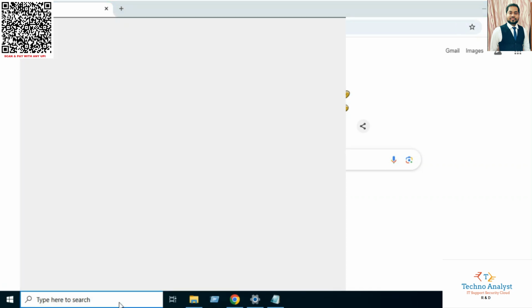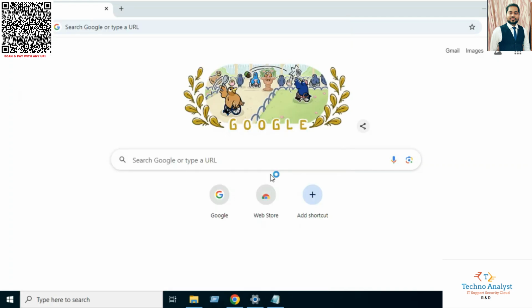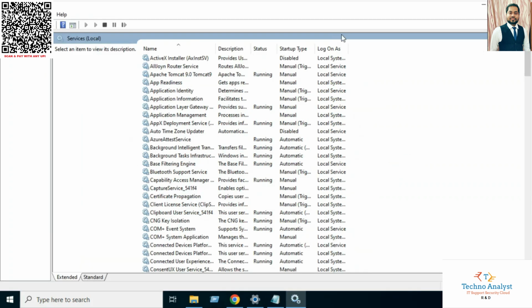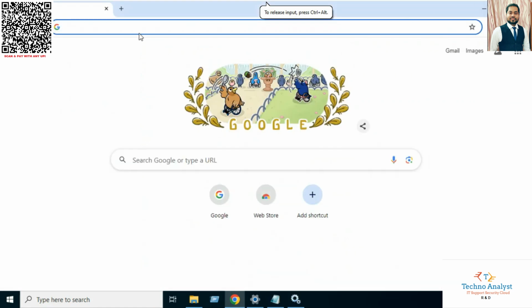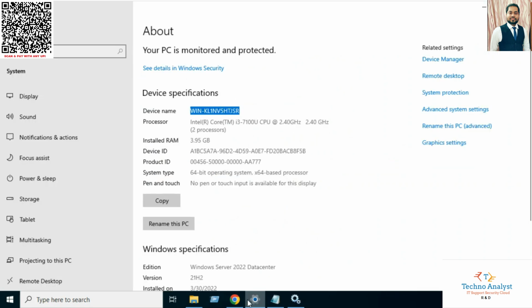So we will check the services in services. That's Apache Tomcat services is installed and it's running. Okay, so it's running and it is installed properly. So we will check it is working properly or not. Before that, I need to copy this system name. This is my server system name,